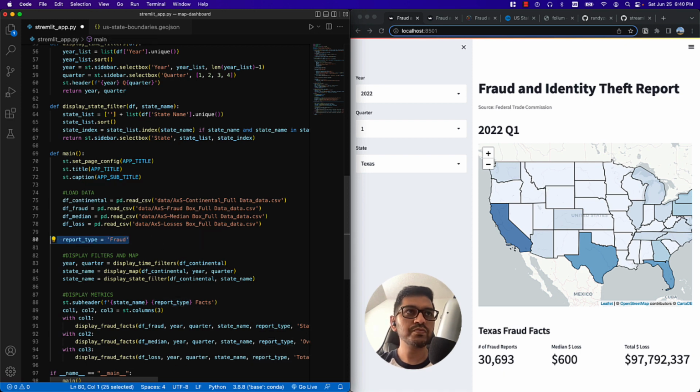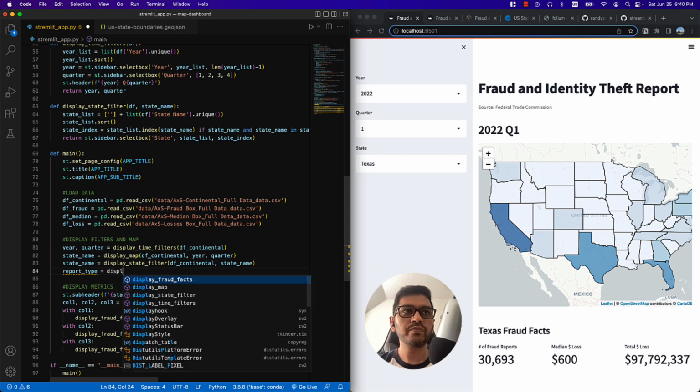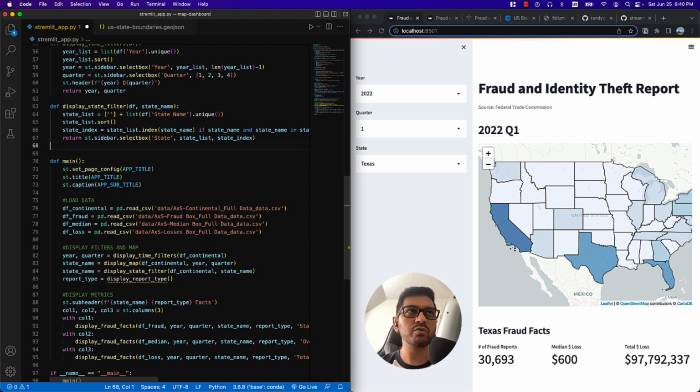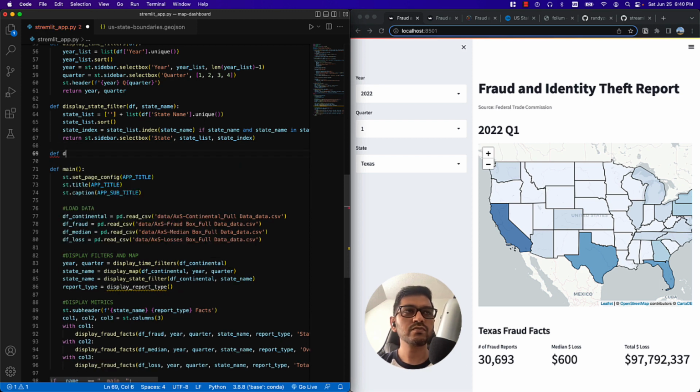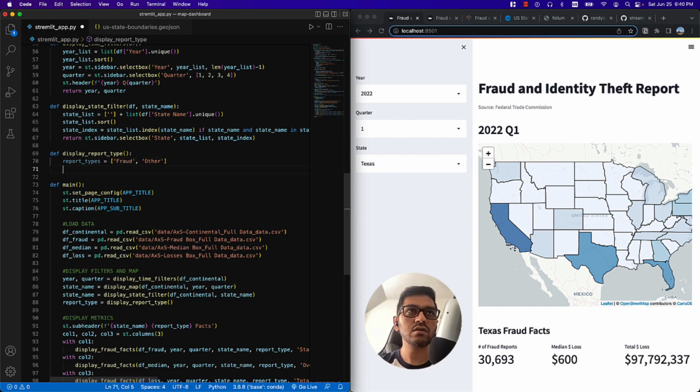We are going to get our report type from a display report type function, and here we don't have to pass any data frame, because we can hard code the report type directly in the function. So we can have our report types list as fraud and other,